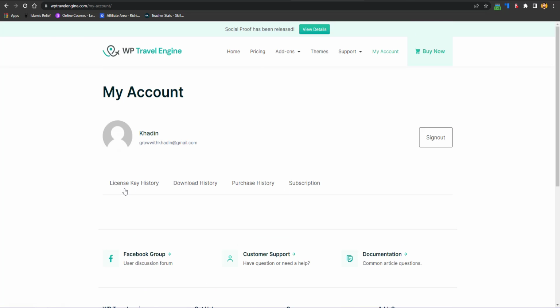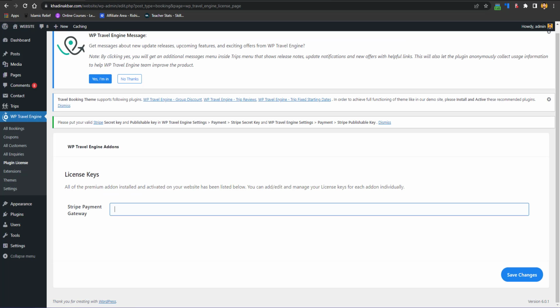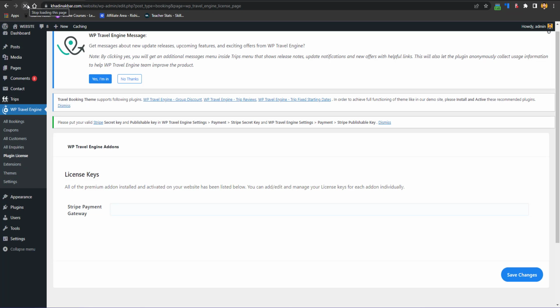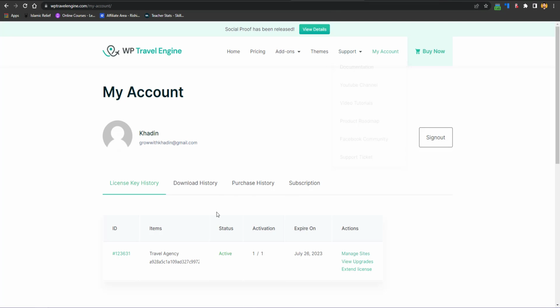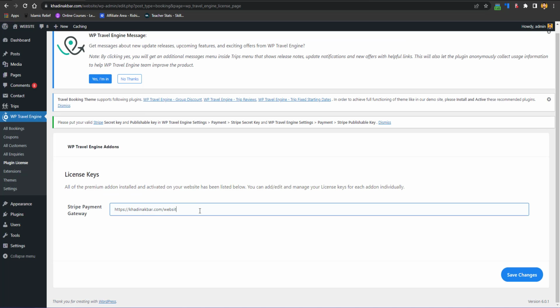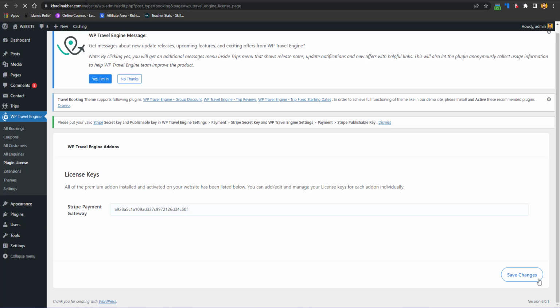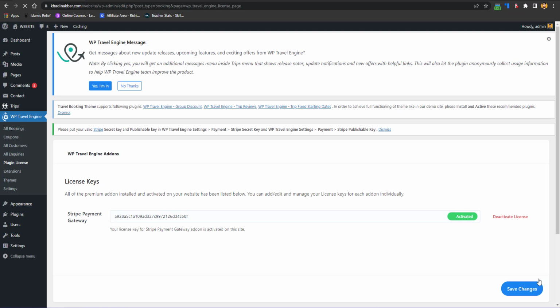So our website has been added here, and now I'll just reload it. Copy the license from here, paste it here, just click save changes. So here you can see my license has been activated,